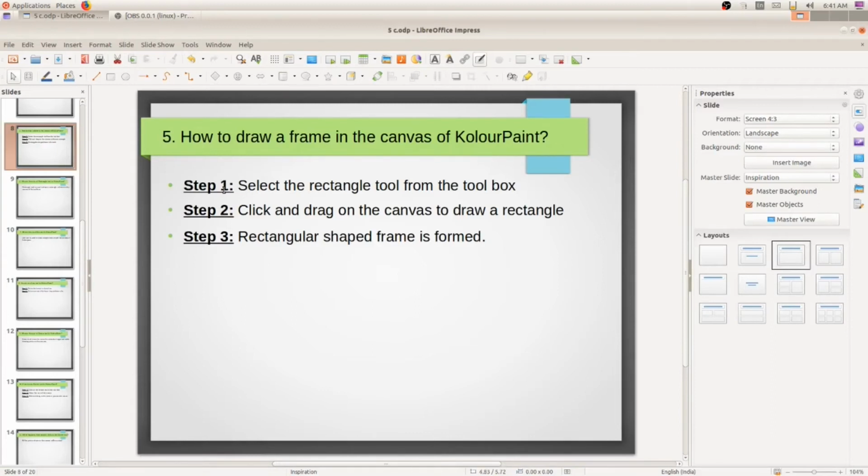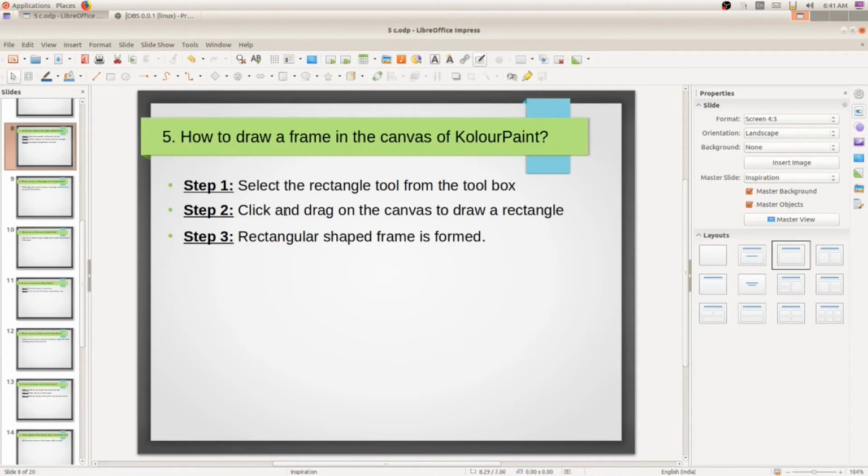Here I have written the steps. Step 1: select the rectangle tool from the toolbox. At the left side there is a toolbox, and you have to select the rectangle tool. Step 2: click and drag on the canvas to draw a rectangle.